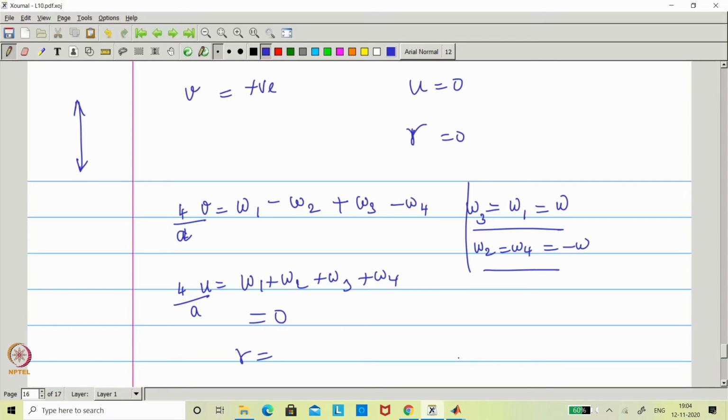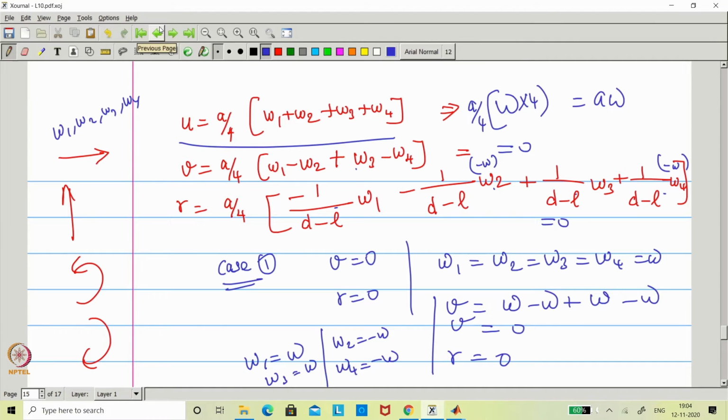I will say the vehicle moves upward or downward. Now if one wants to have a rotation about its own axis, clockwise or anti-clockwise, you look at this. You want all in the same direction, right? So omega 3 and omega 4 I put as negative omega, and these two as positive omega. This would be rotating clockwise. But in the other case, omega 3 and omega 4 are the same, so this will get cancelled, this also will cancel, and this is just omega 1 to omega 4, all simple addition. Any 2 are minus and 2 are positive, you will get it, right.